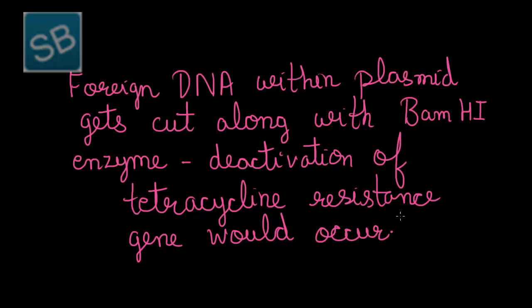This means that because of the presence of restriction enzymes like BamHI, the resistance activity of tetracycline within the gene would be lost. And so, if it is extracted along with the foreign DNA from the plasmid, then this tetracycline resistance activity would also get deactivated. In this manner, the recombinants that are obtained will grow in ampicillin containing medium only, and since they lack the BamHI site responsible for tetracycline resistance, they would not grow in the medium that possesses tetracycline.